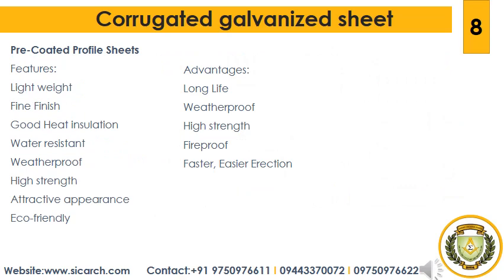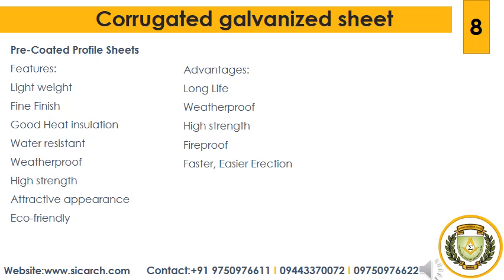So the next type is pre-coated profile sheets. These are produced by a pre-painted and pre-finished process instead of putting color coating after complete sheet formation. The significant advantage of the pre-coating is its ability to offer a homogeneous coating with very reproducible thickness, color and finish that helps to achieve better life and aesthetics.